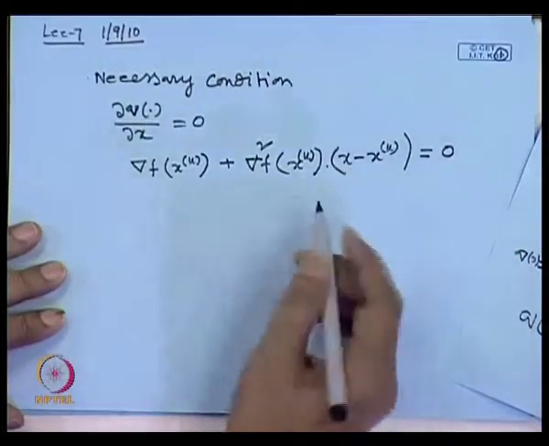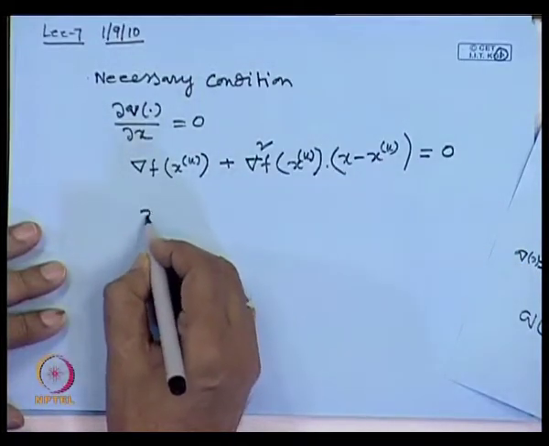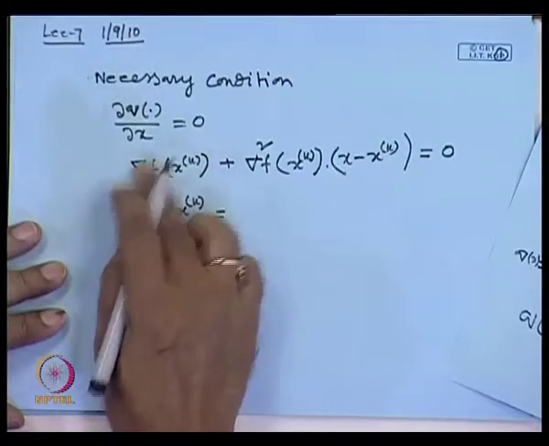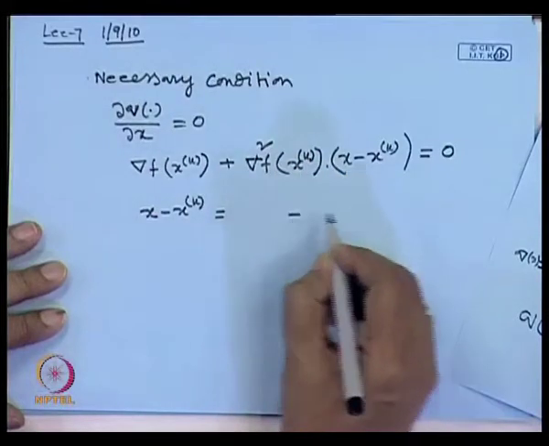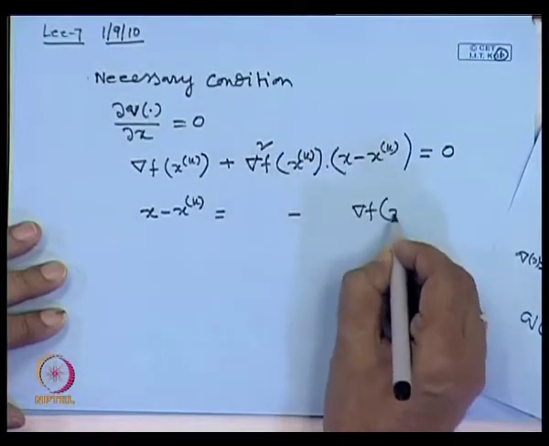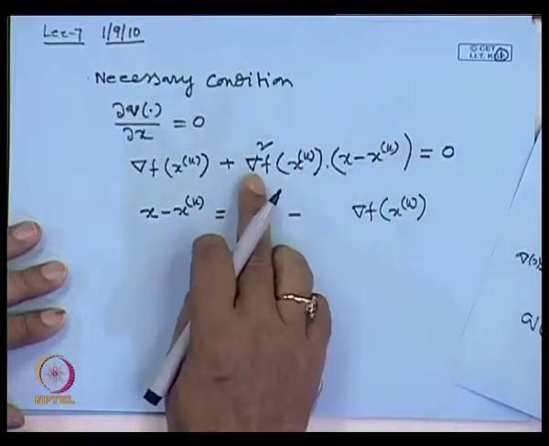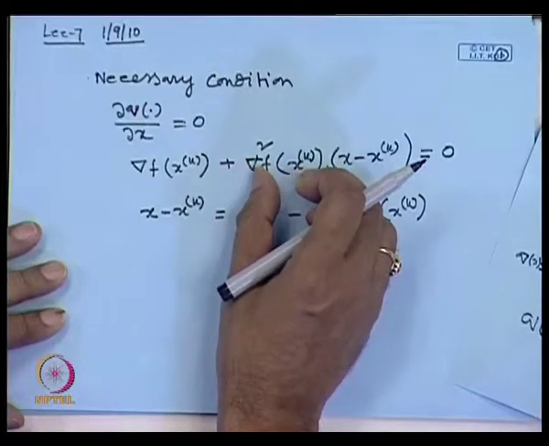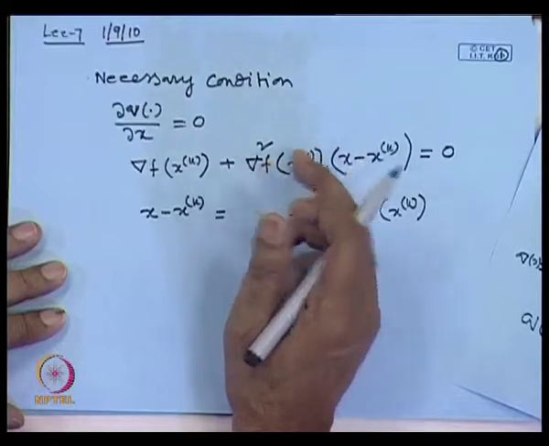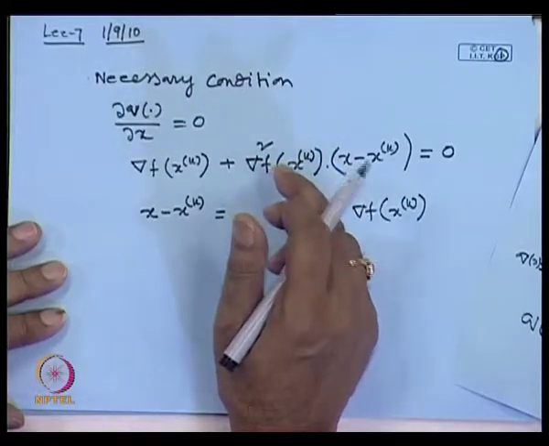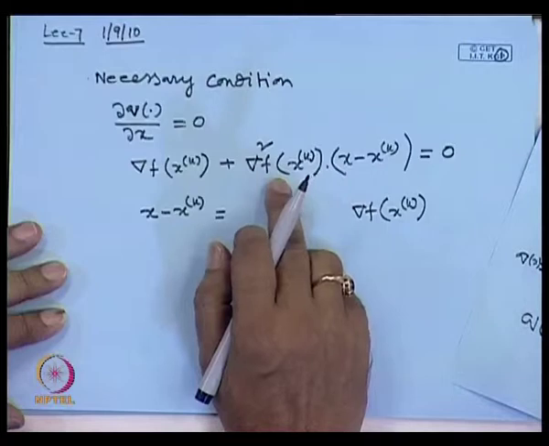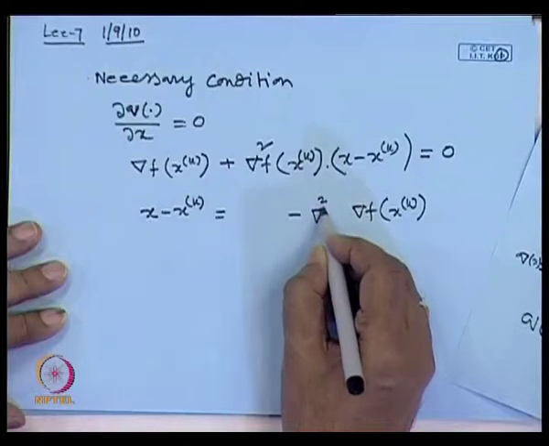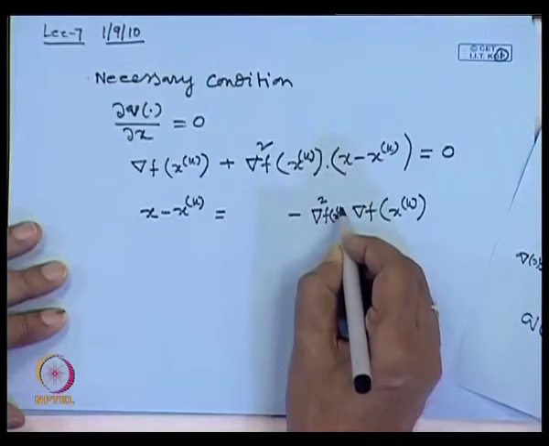So, if you now see, what is x? Therefore, x superscript k, if you take the right side, is equal to minus delta f of x superscript k, and this is the Hessian matrix, which is a square matrix of dimension n cross n. What is n? n is the number of decision variables involved in the objective function or cost function f of x. So, this inversion is del square f x superscript k, whole